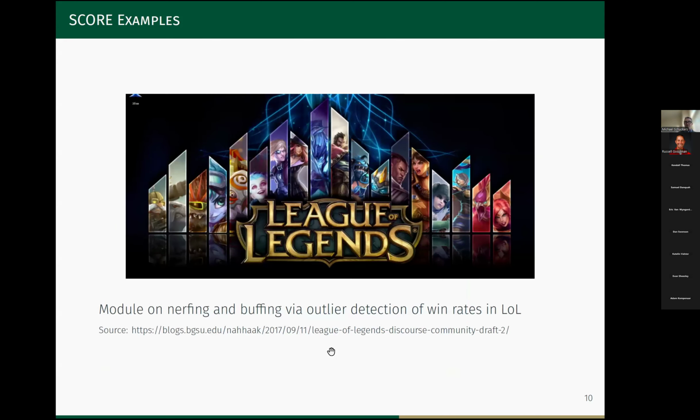Another example is we have a module on League of Legends data. And the data here, we're looking at win rates in different patches, for, I believe in League of Legends, it's champions, the characters that you play. And the idea is, are the makers of League of Legends nerfing and buffing? Nerfing means to weaken a character, and buffing means to make them stronger. Again, we need that as part of our background information so that everybody's up to speed on what we're talking about.